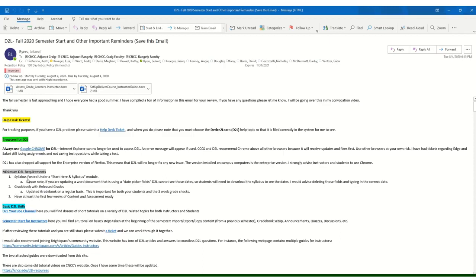Minimum requirements. Listed here are the minimum requirements that your D2L course needs to meet. First, you need to have your syllabus ready and available for students. Please note,